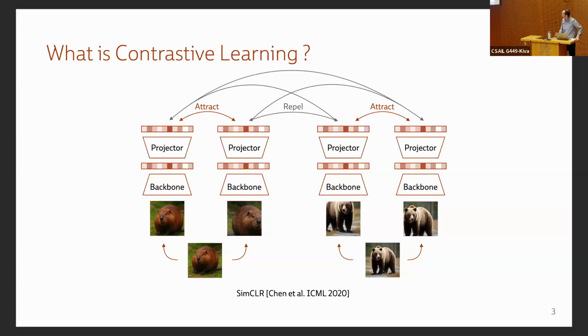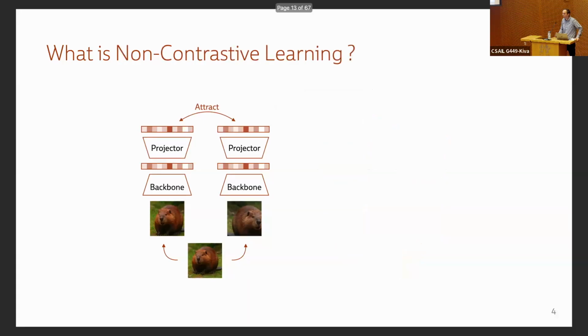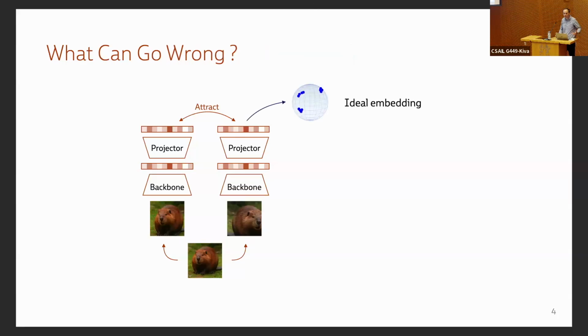In this work, we focus on the case where we do not have negative examples, and we just have positive examples. Obviously, when you try to enforce only attraction between the embeddings, you can learn some representations that do not correspond to what we have in input, let's say. And so we end up with some sort of collapses.